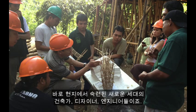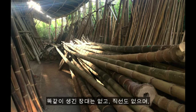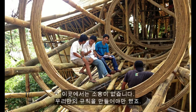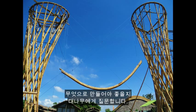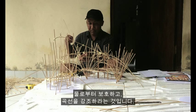and engineers. And always remember that you are designing for curving, tapering, hollow poles. No two poles alike, no straight lines, no 2x4s here. The tried and true, well-crafted formulas and vocabulary of architecture do not apply here. We have had to invent our own rules. We ask the bamboo what it's good at, what it wants to become. And what it says is, respect it, design for its strengths, protect it from water, and to make the most